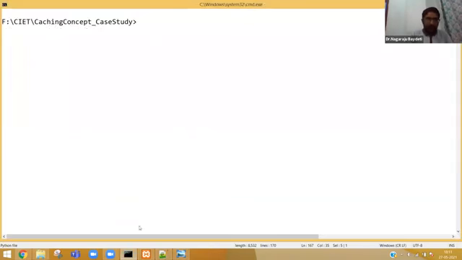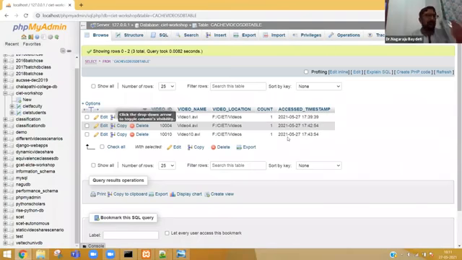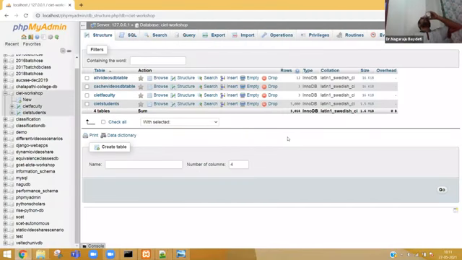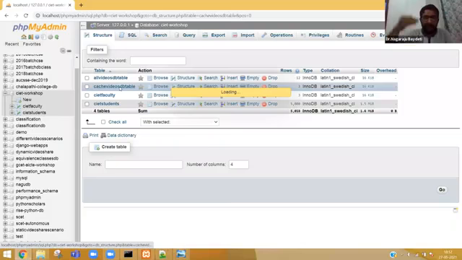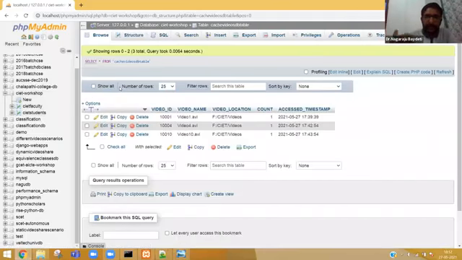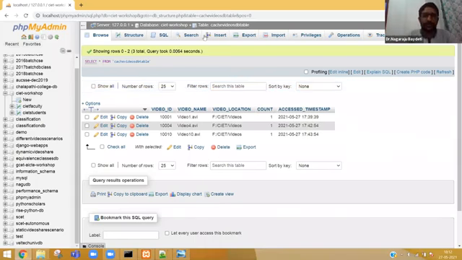Now, before executing the program, everybody please observe, my cache table has 3 entries: video 1, video 4, video 10. Everybody will now realize, in case a new video request comes, the oldest timestamp, that is video 1, should be removed, even though the count is 1 for all the records. I believe everybody understood.